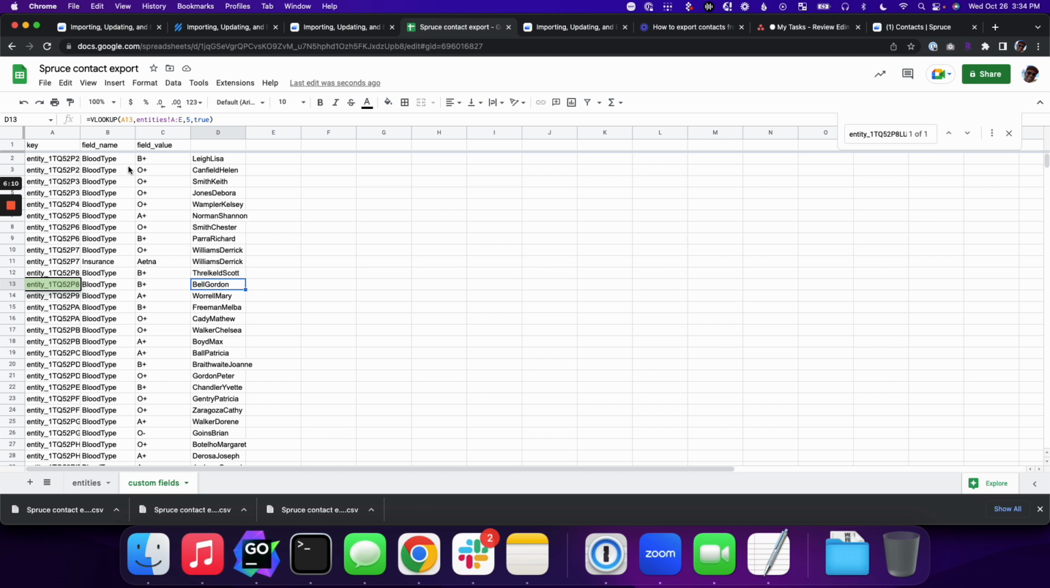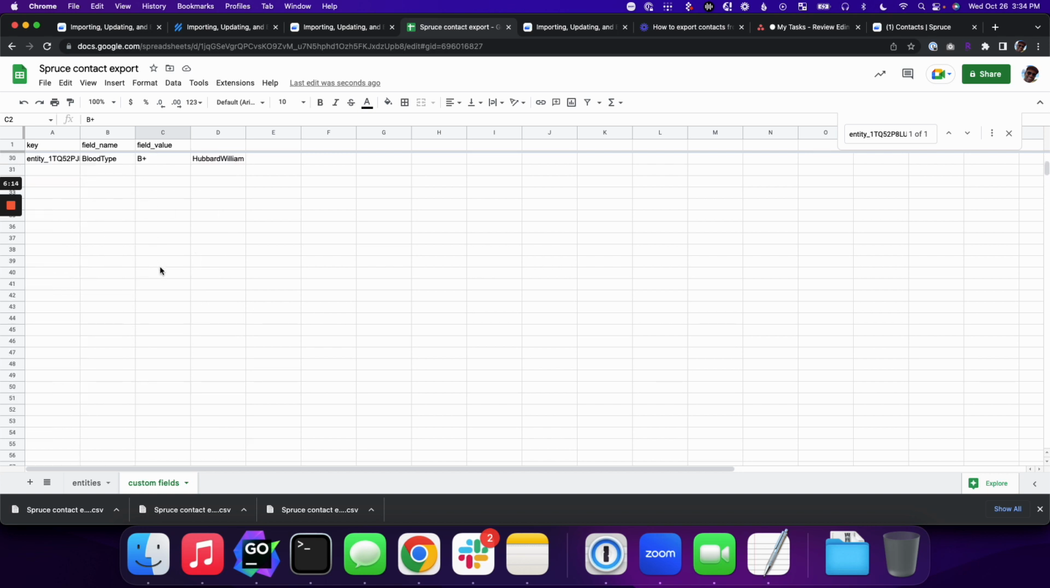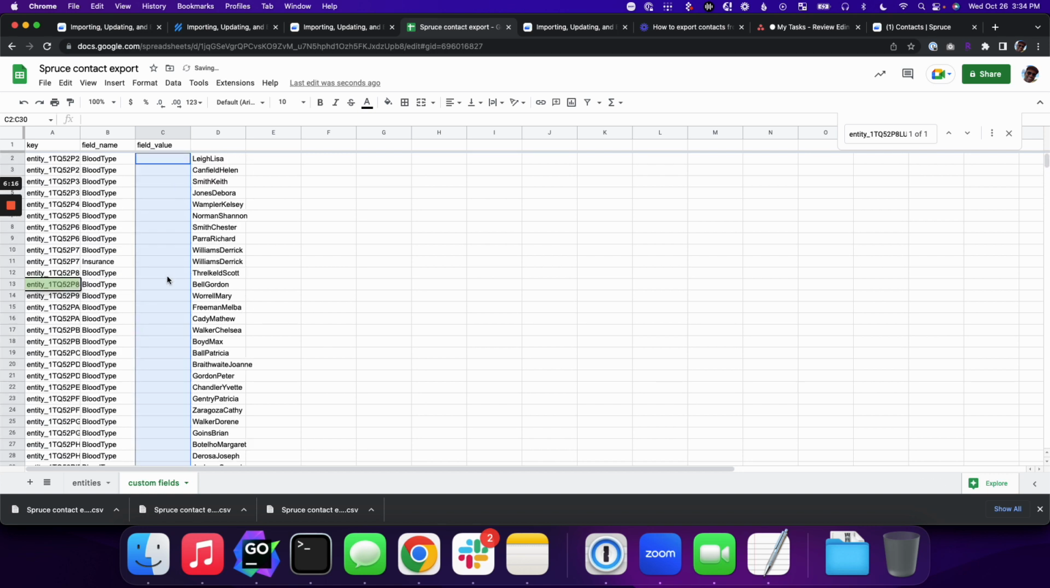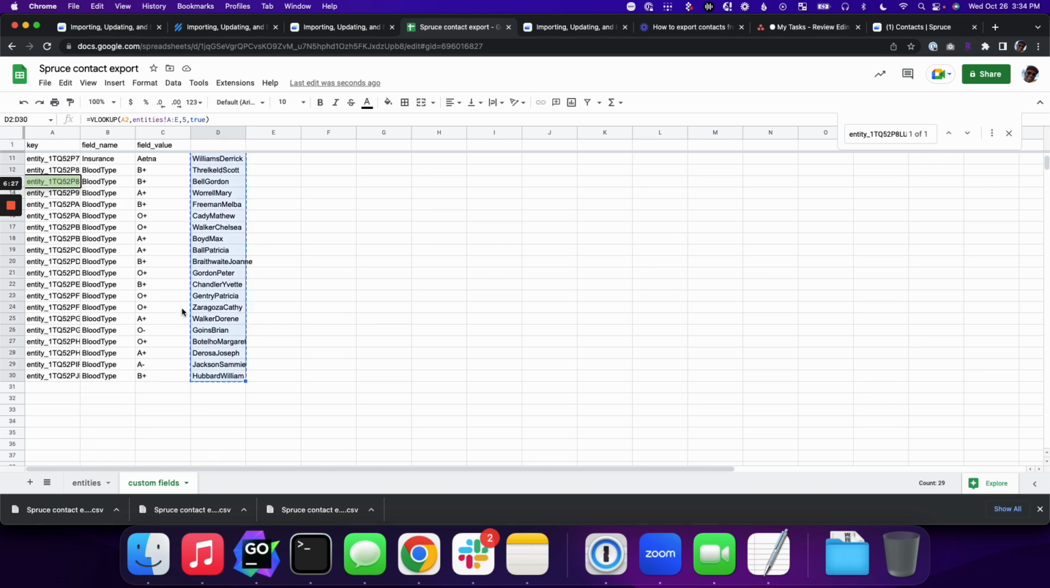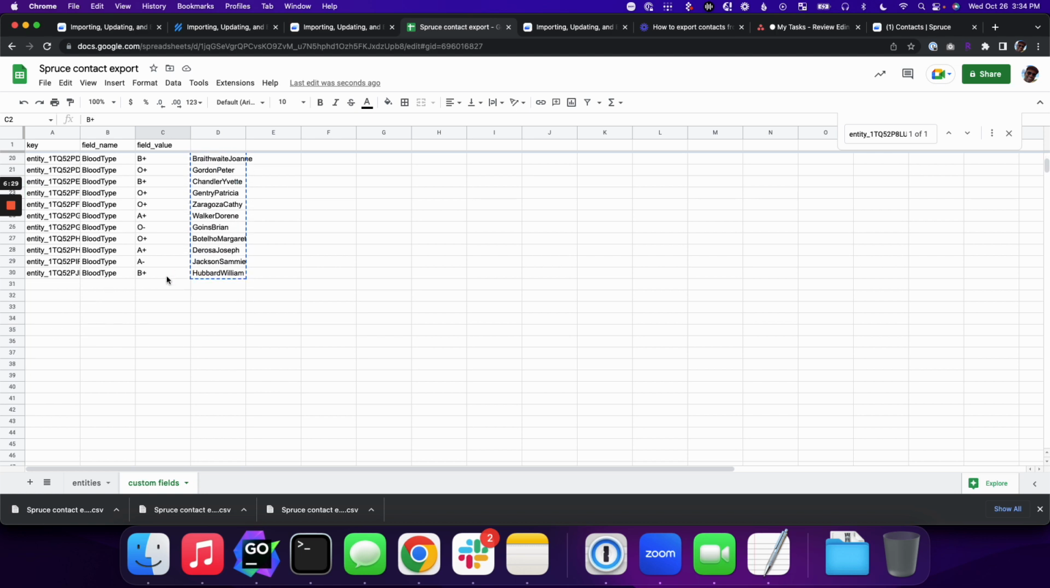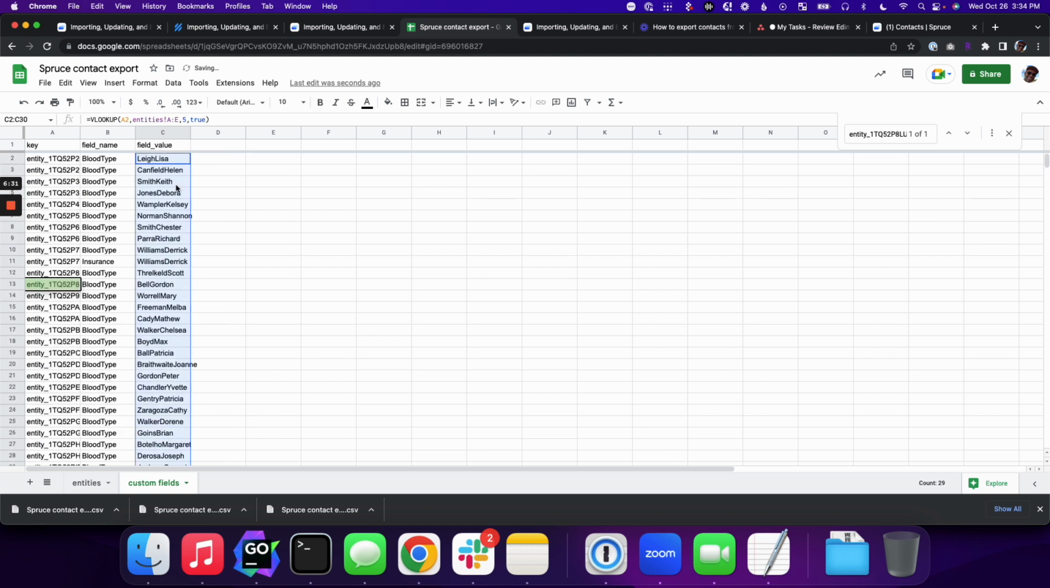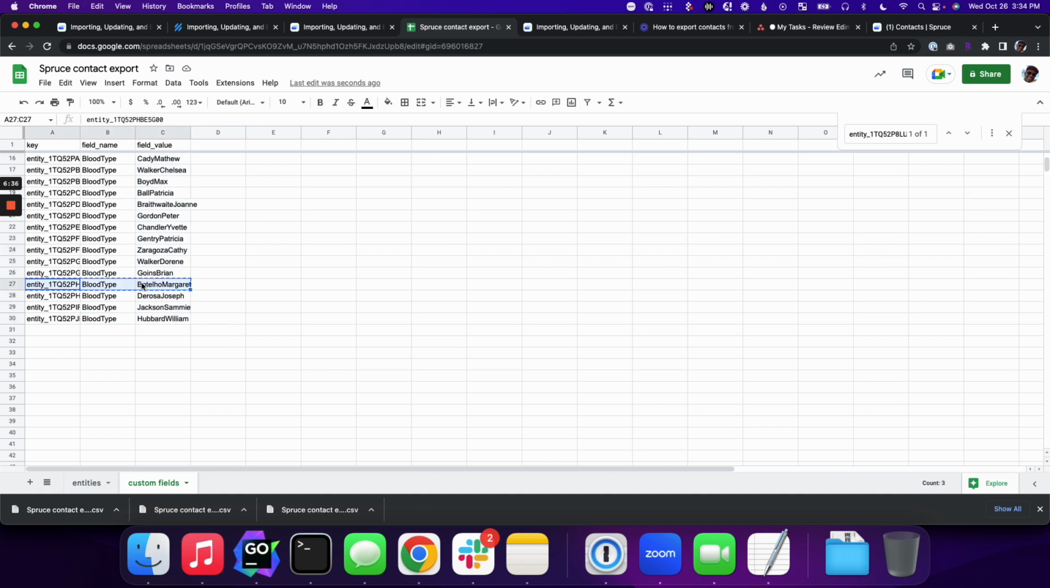And just for illustrative purposes, I'm going to update the field value. I'm going to make the field value just the tag that I added. Again, this is just for illustrative purposes to show how we can update the values of custom fields in place. And maybe for this contact right here, which is Botello Margaret, I'm going to go ahead and add